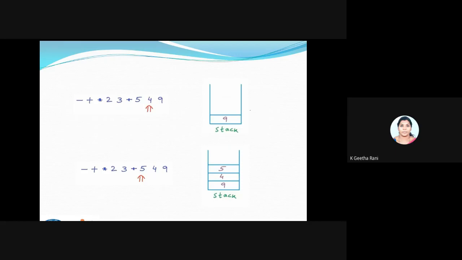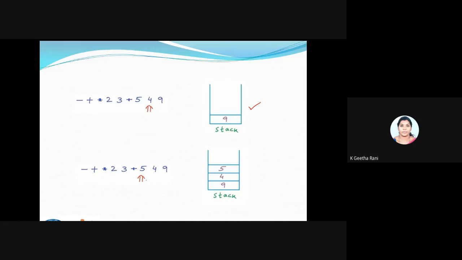So this diagram shows I'm going to put this operand inside the stack, then I'm traversing the next one. Next is also an operand, again I will put this inside my stack. You know the stack concept is like one above the other. I can insert or delete values only at one open end. So we have a last in first out and first in last out concept here. This arithmetic evaluation all holds this stack concept.